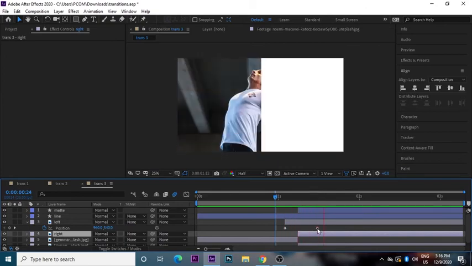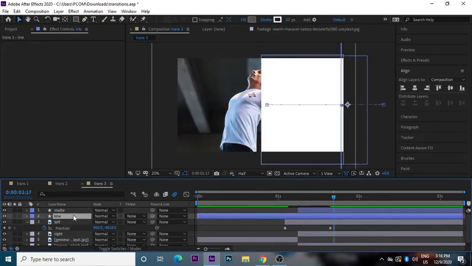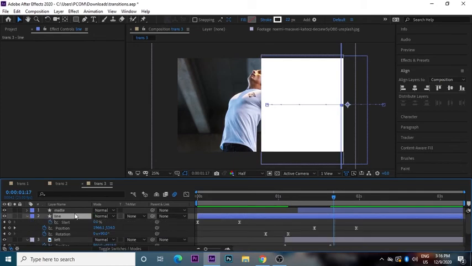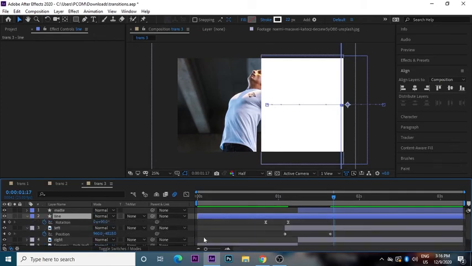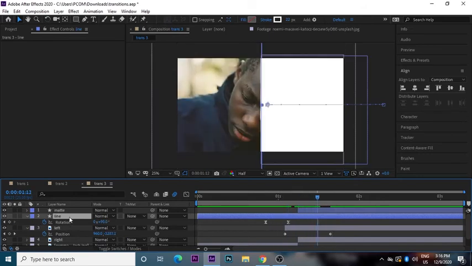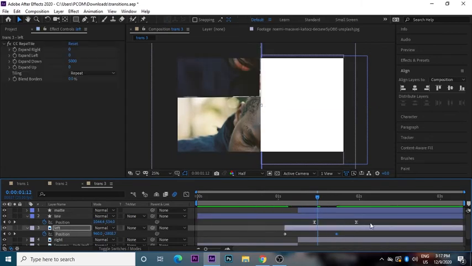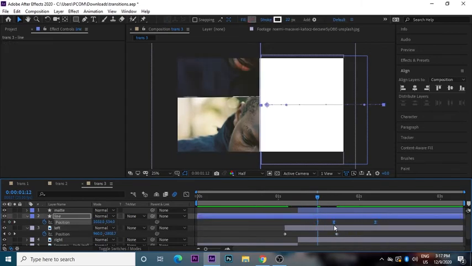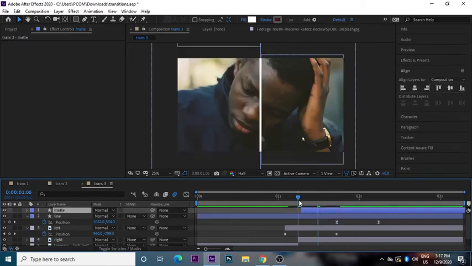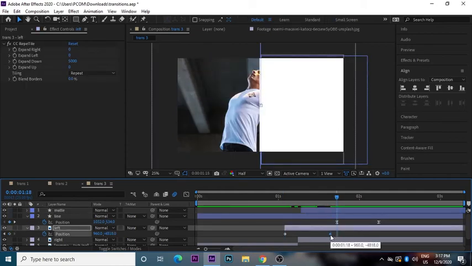This goes a bit too fast, so just press P, press the P, and just make the animation like this, and make this animation go towards there, like this. This is a little bit too slow, so let's animate it like this.